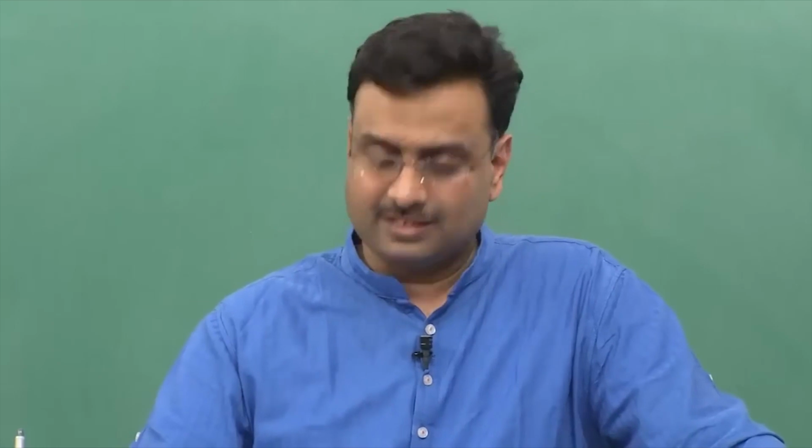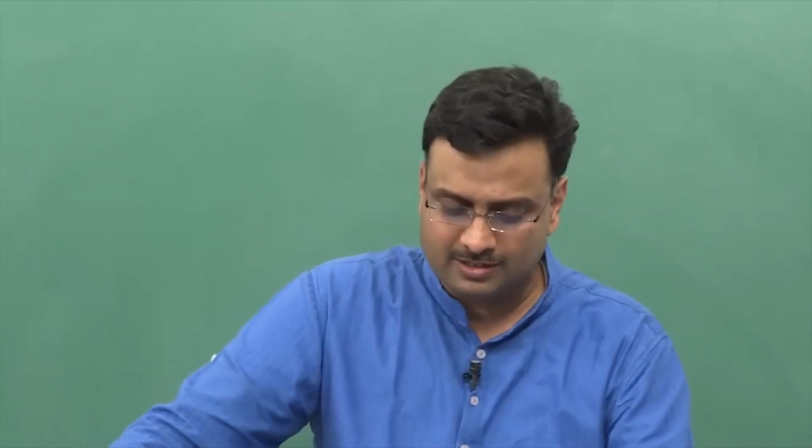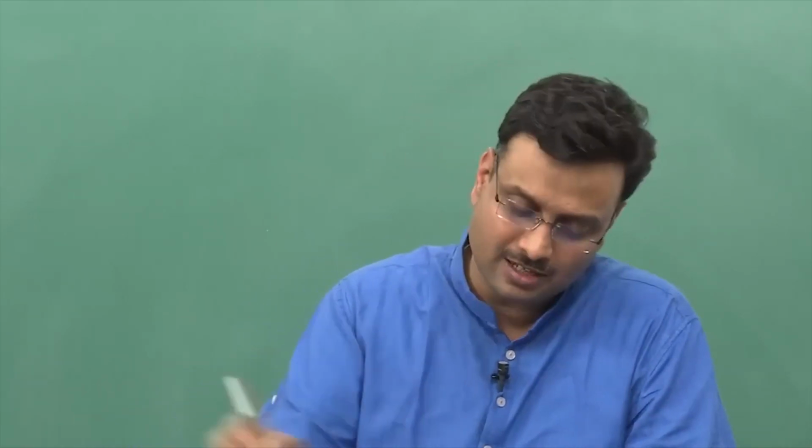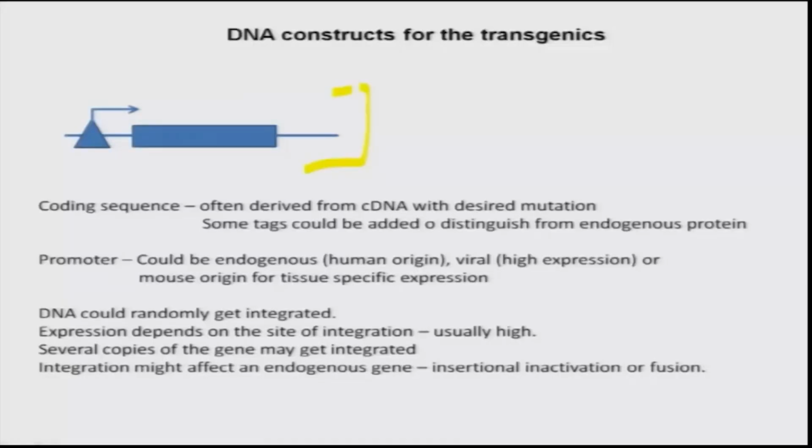Let's see transgenics. How do you put an extra copy of DNA inside the mouse and make it express? So what do you need? You start with what is called a construct. The construct is given here. So what is this construct? This construct has got an element which you call a promoter, right? So what is promoter? This is the element which informs the DNA or the gene as to when it should express,